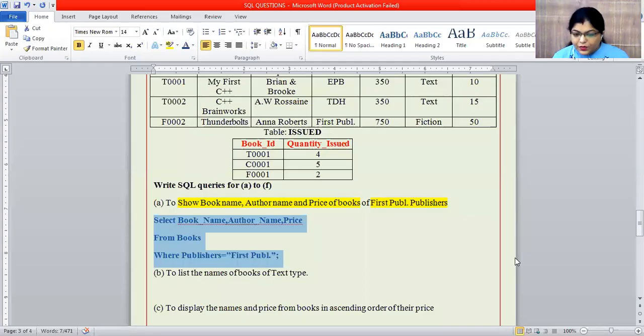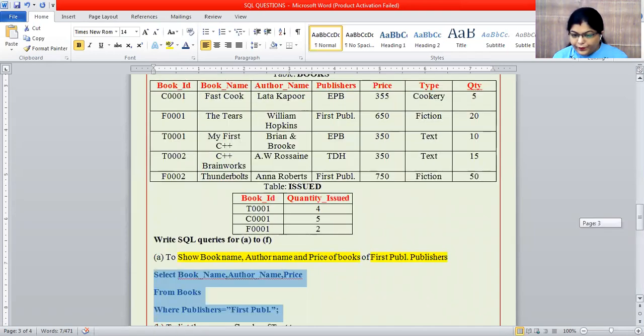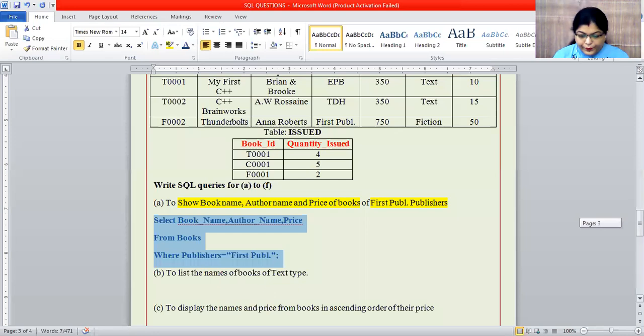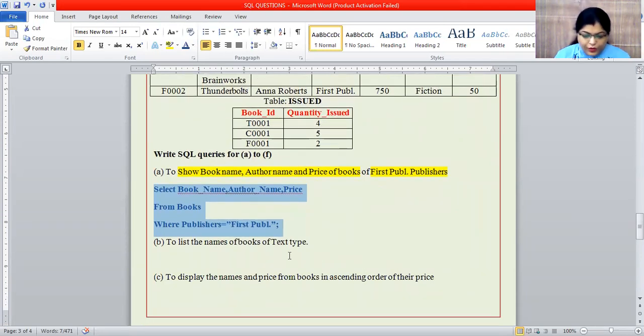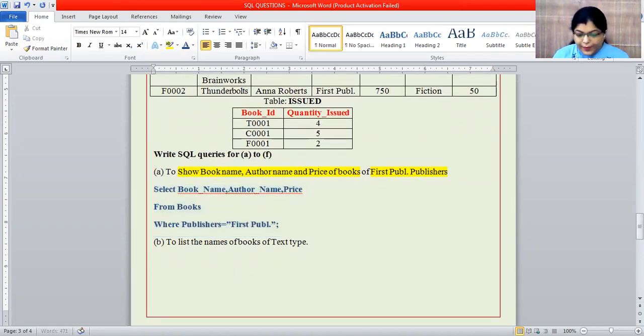Okay, come to the next one. To list the names of the books of text type. So what do they want? To list the names, so they want the name of books. Very first thing is they want this. And what is the condition? They want a text type. So for the book name, what field do we have?